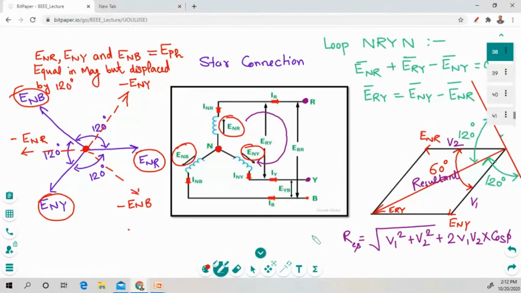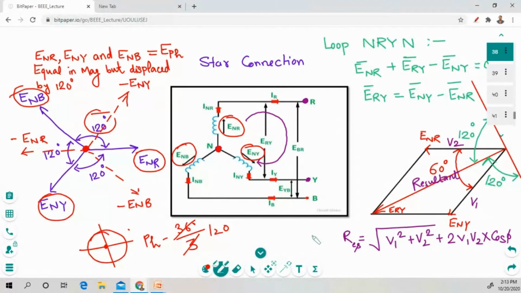I have told you earlier that when we divide the complete angle, as you can see right here, we have a complete angle of 360 degrees. If we want to calculate the phase angle, we take the complete angle 360 divided by the number of phases, 3. So we have calculated that the phase difference between two phases is 120 degrees.